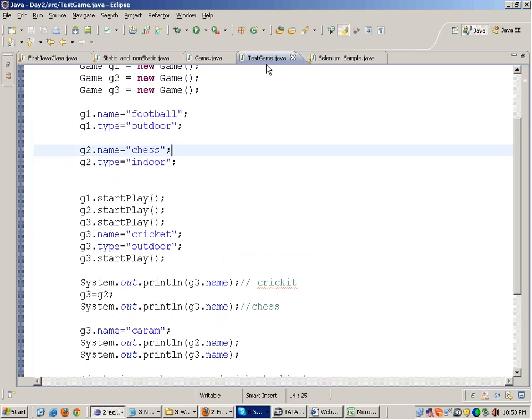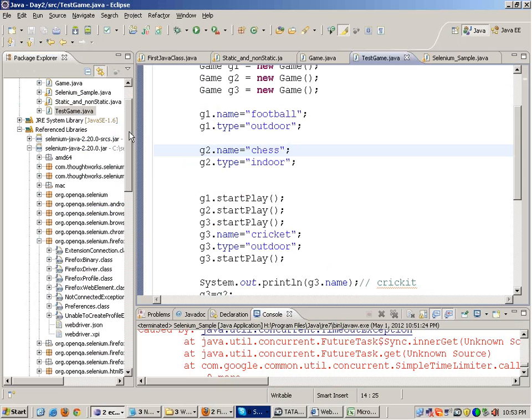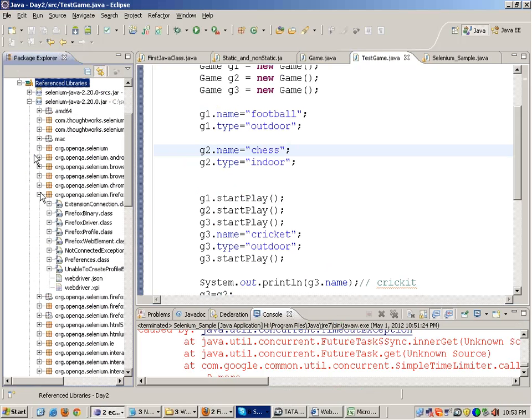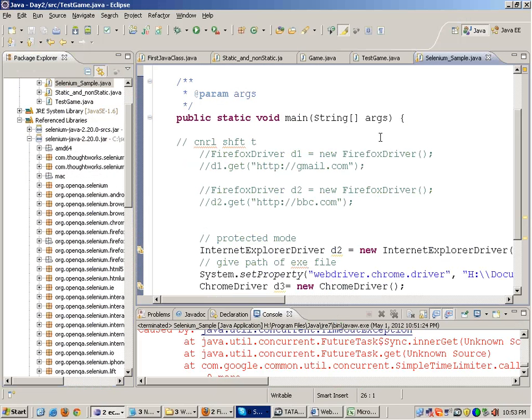Then we saw what is an API, what is a JAR file. JAR file is a collection of multiple class files, and API is a collection of multiple JAR files, you can say. Okay. It's a complete project. You can download the API and you can configure all the JAR files in your Eclipse. After configuring the JAR files, you can use the existing classes from the JAR files which I used out here. Okay, and